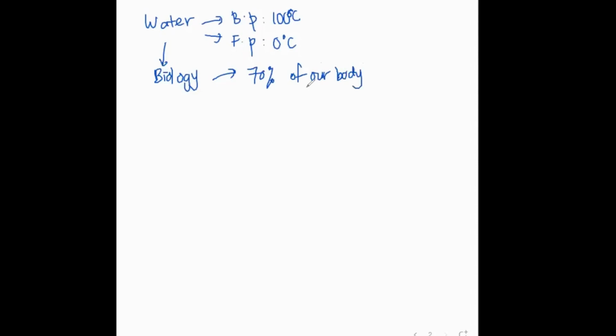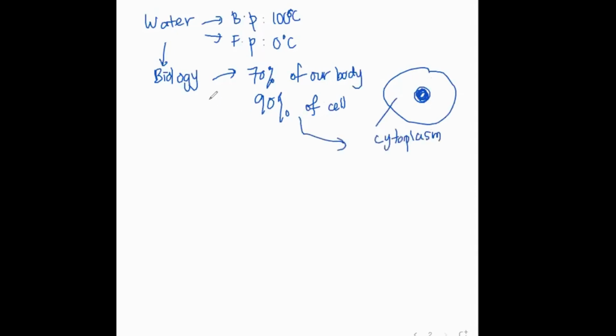So 我们的身体 70% 是水来的。If in terms of cell，90% of cell 是水。如果是身体呢，我们讲是70%，如果是细胞呢，90% 是水来的。因为你可以看，你们的细胞里面，你们的 nucleus 在中间，对不对？整个围着的是 cytoplasm，所以 cytoplasm 里面的成分大部分都是水来的